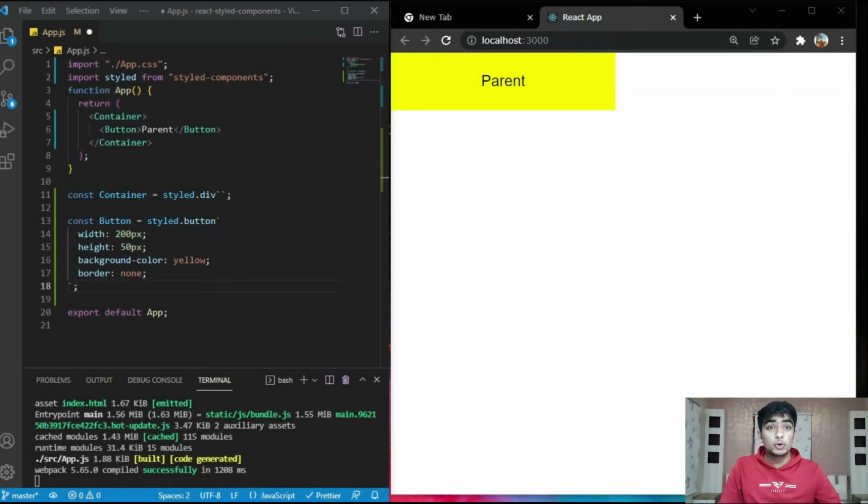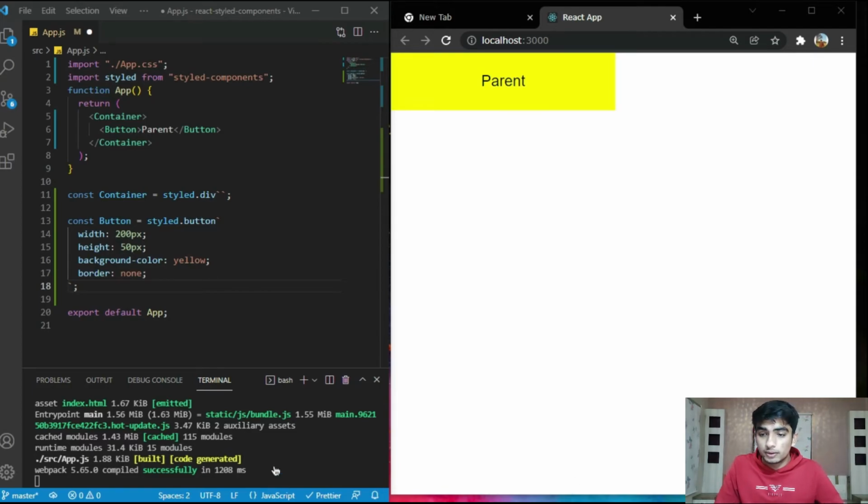Now we are going to talk about the extending styling method in styled components. For example, quite frequently you want to reuse a component, but you just need some slight changes to it. You could do this by passing props to that component, but by doing this it's overriding that particular component. So for that, we are going to use extending styling. So how do we use extending styling?